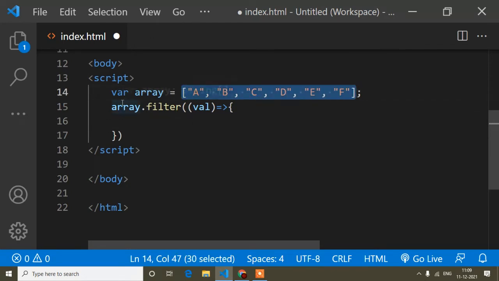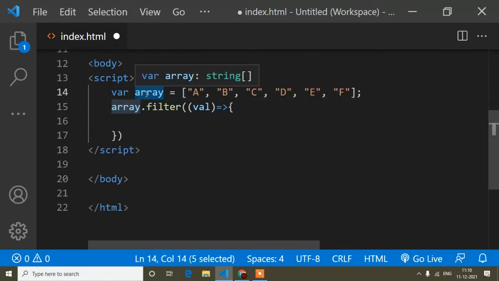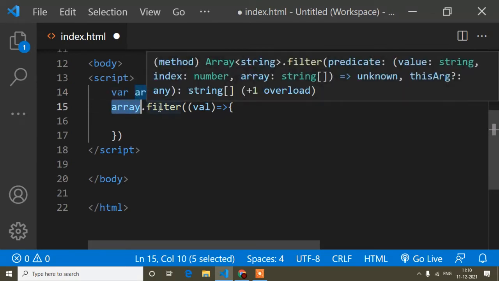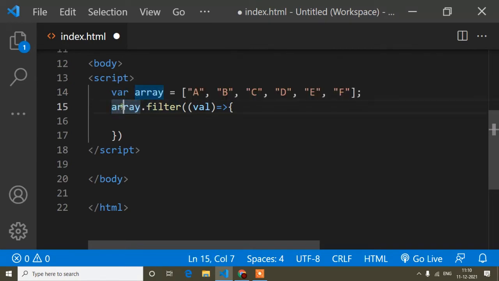I want to filter this array, so I have written array.filter, but if the variable name is different, you have to write the same variable name here, because whichever array you want to filter, that name you type before .filter.